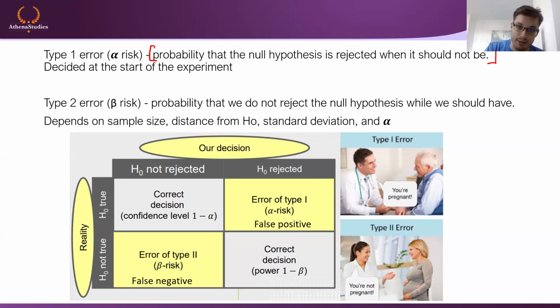So significance levels. Type 1 errors are basically the synonym for significance levels. Another hint is that they're decided at the start of the experiment, right? So type 1 error is when you reject H0, but H0 is actually still true. Type 1 errors are very bad. Type 2 errors are also pretty bad, but type 1 errors in stats are a bit more bad than type 2 errors, in the stats that we do.